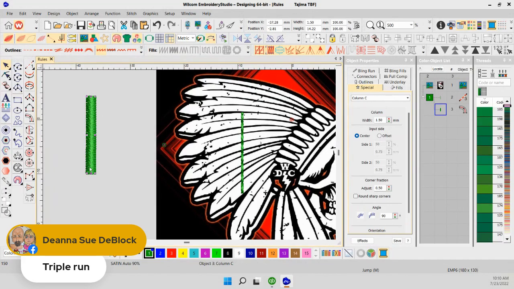Now I want to go back to the satin for a moment. This satin stitch is 1.5 millimeters wide. When you're doing a satin in a design, when you're going to do just a simple satin column in a design, you want it to be at least 1.5 millimeters. And the reason being